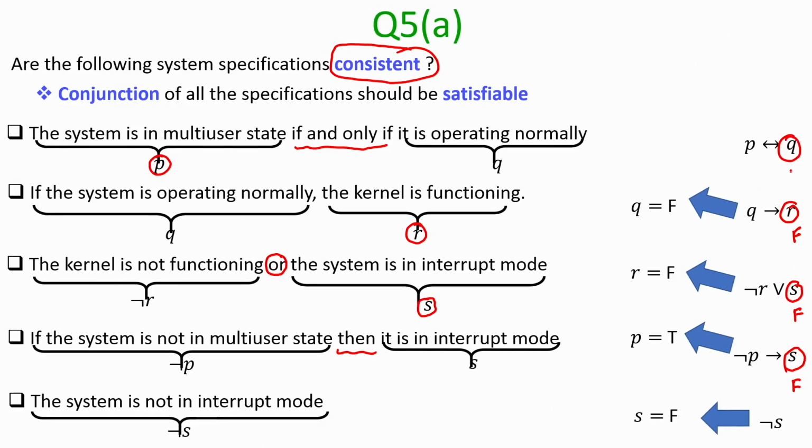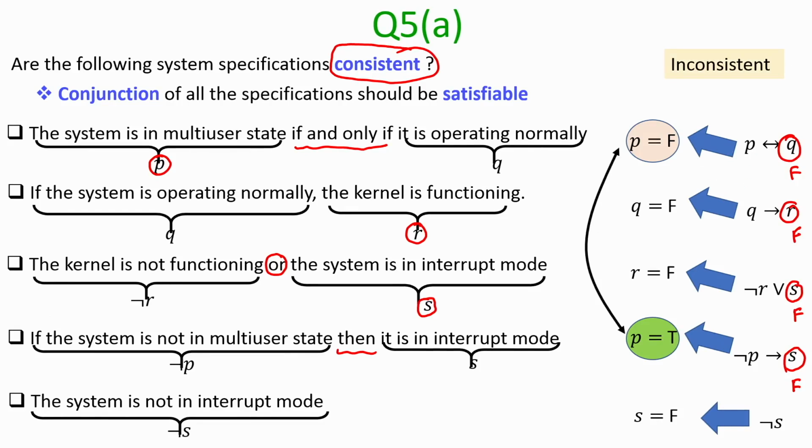And now, if my Q is false, then the implication P implies Q can be satisfied provided P is false. But here is a contradiction. In order to satisfy negation P implies S, P should be true, but in order to satisfy P implies Q, P should be false, but P cannot simultaneously take the value true as well as false. That means, I can conclude that there is